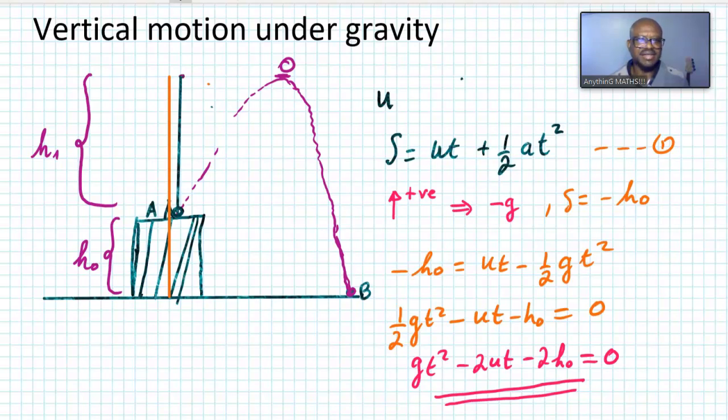So these are some of the ways we can apply the idea of motion under constant acceleration to vertical motion under gravity. This is just an introduction. My next video is going to deal with questions,